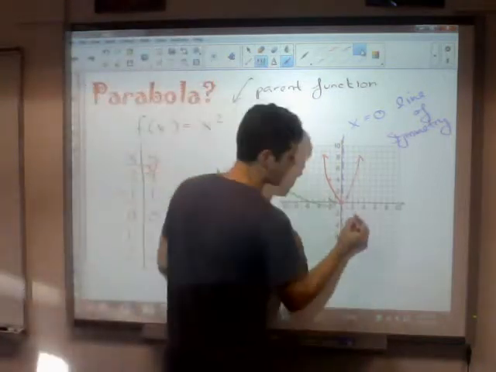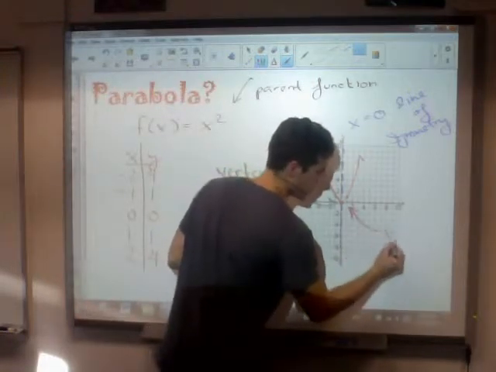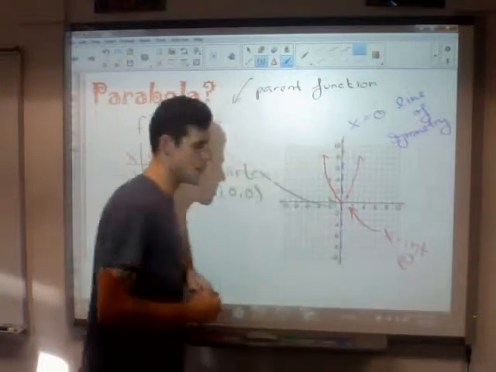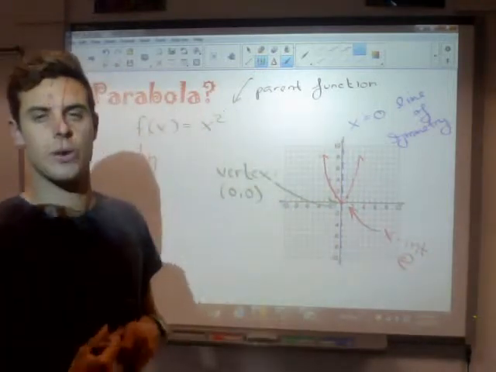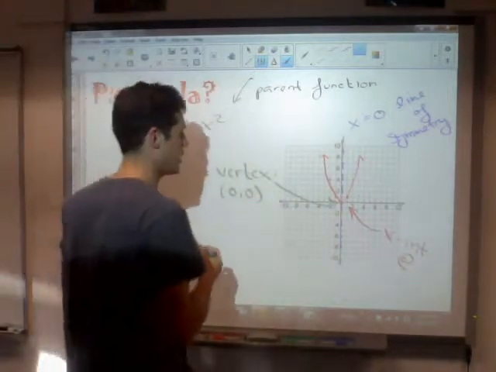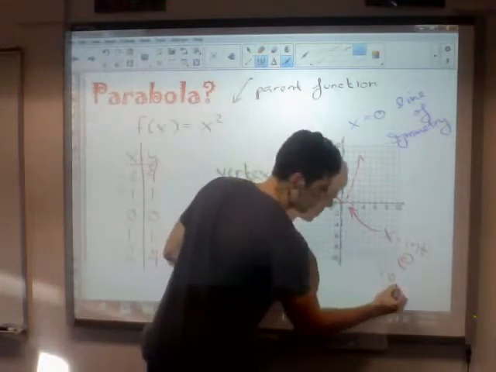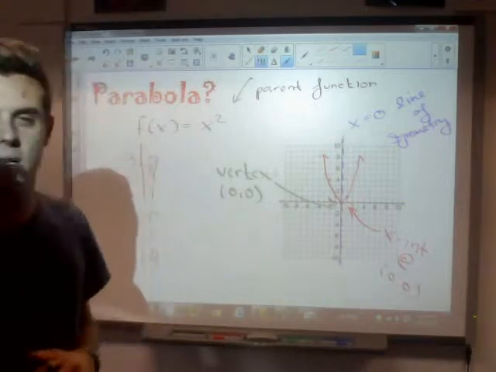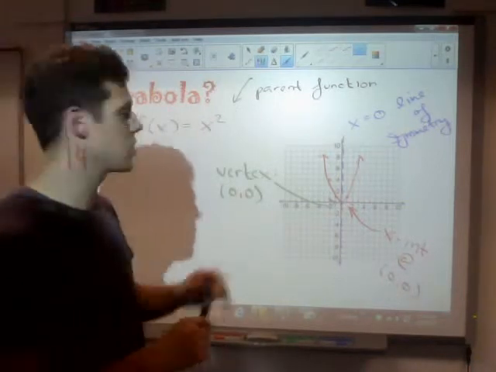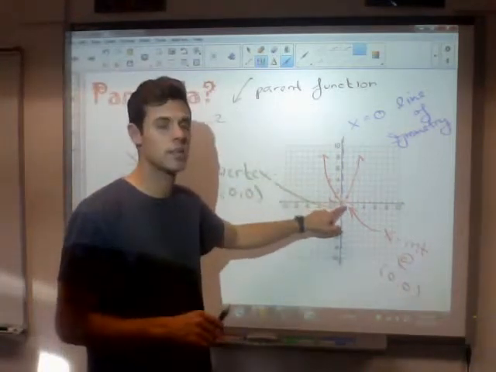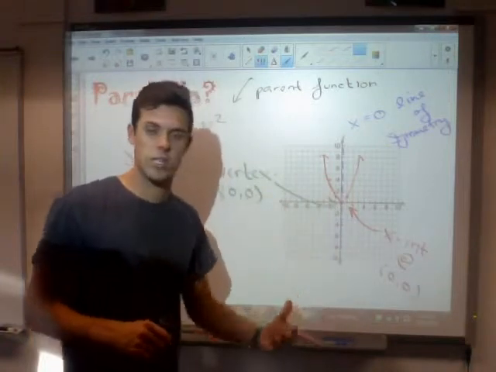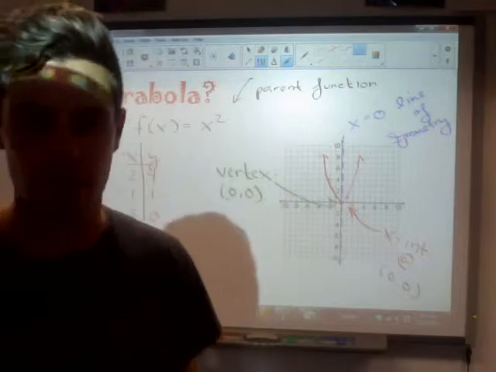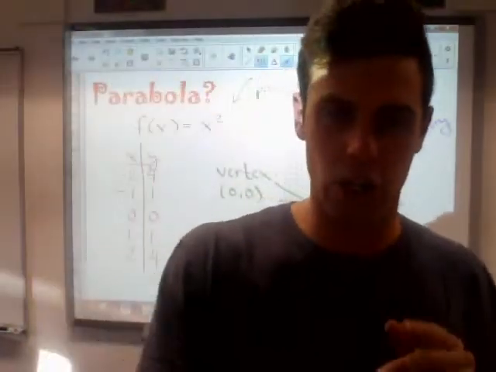So in this case, I've got an x-intercept. Remember, it's a location, it's not just a number, so it's an x comma y. In this point, my x-intercept is the point 0, comma 0. It's the point in which your parabola touches, or in this case crosses, the x-axis. That's called your x-intercept, another characteristic of the parent function.